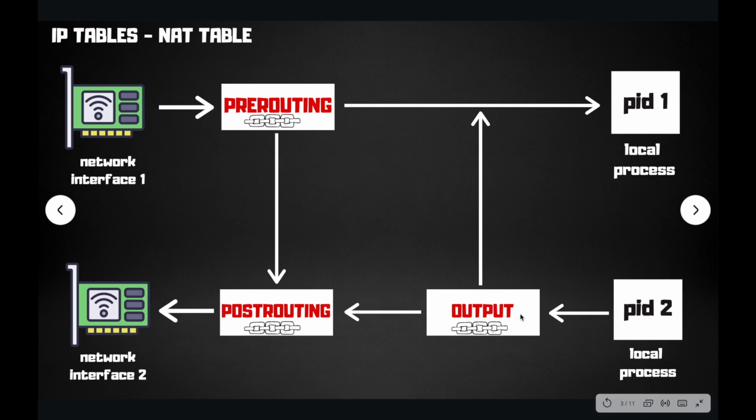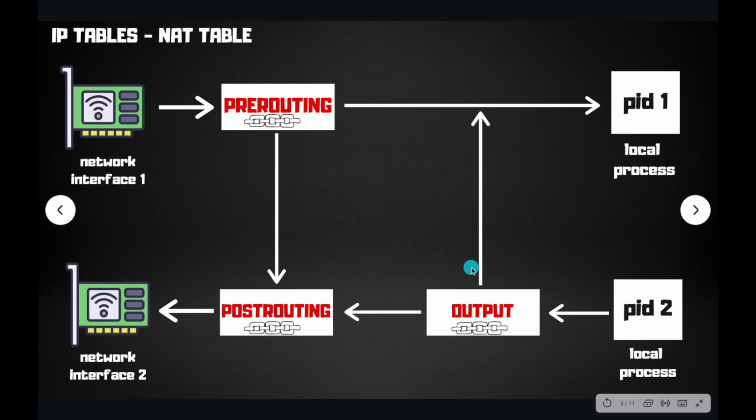And after it goes to the output chain, it can go to the post routing, right? If you're sending a packet to some IP address that is not you, obviously, it needs to leave your network to go to the other network, right? So it goes to the post routing and goes there, right? Another path is, what if you send a packet to localhost, which is a loopback, right? So in this case, you literally see it is actually a loopback, right? You go to the output and then it just loops back to go to the actual process that is listening. That's called a loopback. So if you send a packet to 127.0.0.1, another port that is listening on your machine, it goes this way,